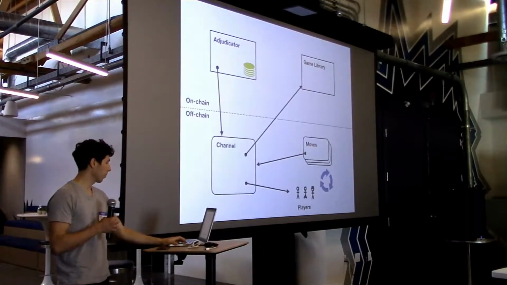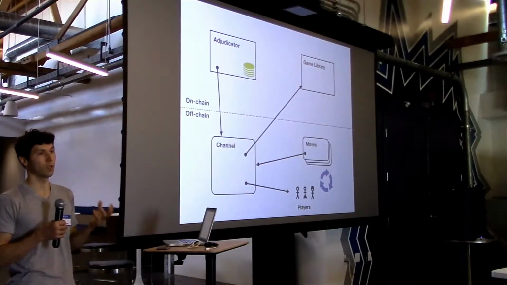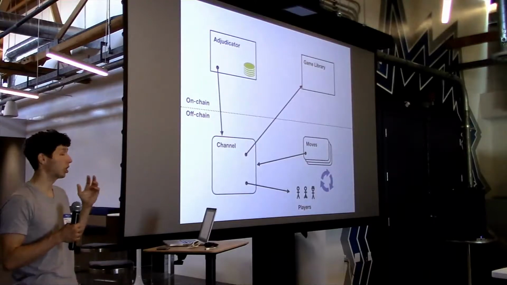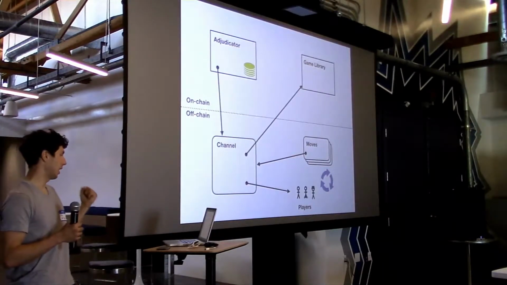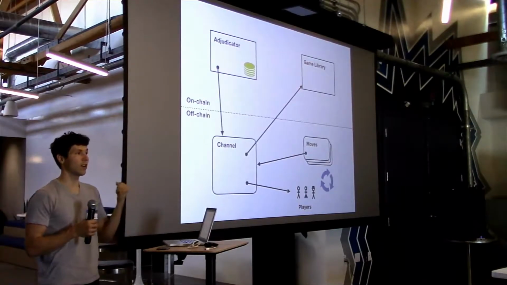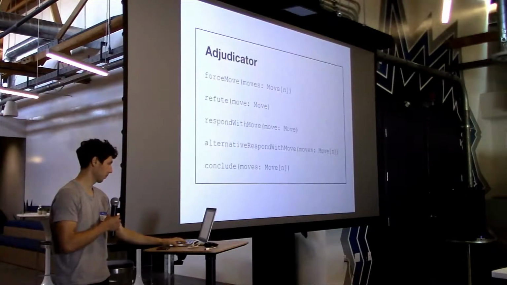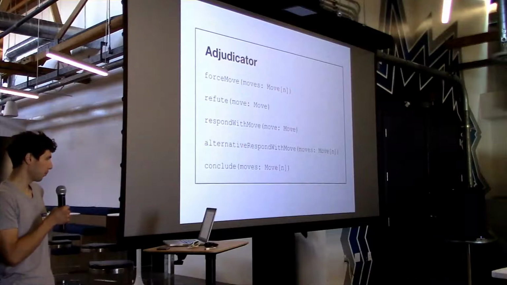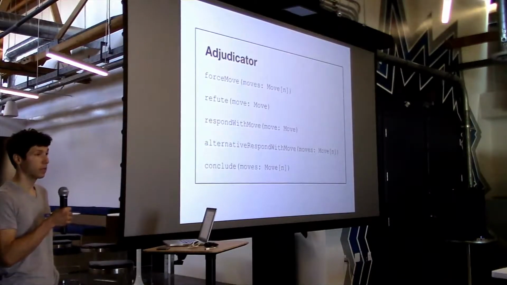So now we'll talk about this adjudicator. I found it to be kind of a mouthful, so I'll use the word judge as a synonym, but really it's a judge and the bank. It's a smart contract that sits on the chain, and it holds your money, and it also makes decisions on who's right. So what kinds of things does our judge do? Our judge responds to the following function calls.